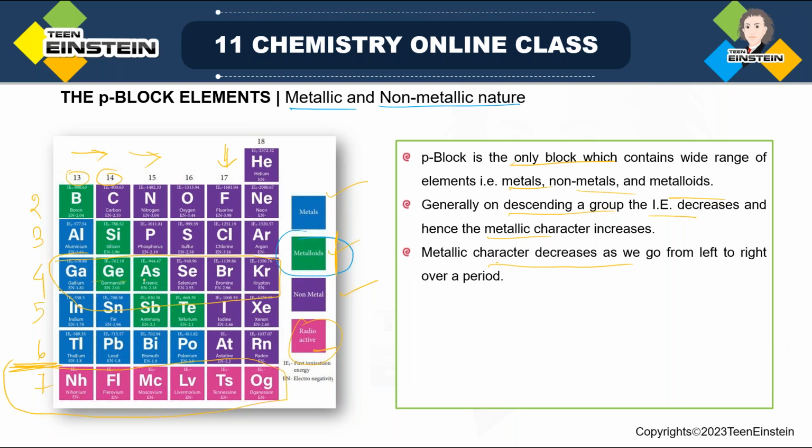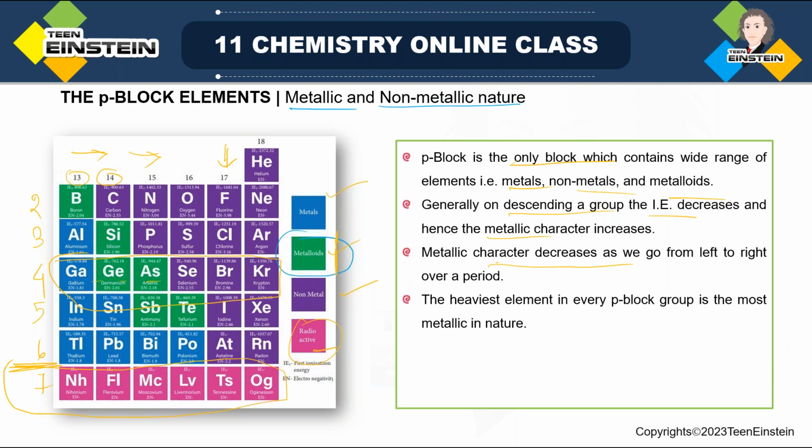You are moving from gallium to germanium to arsenic. So gradually, metallic character is decreasing and non-metallic character is increasing, which is clear from the color. The heaviest element in every p block group is the most metallic, and that is again expected. Though in group 17,